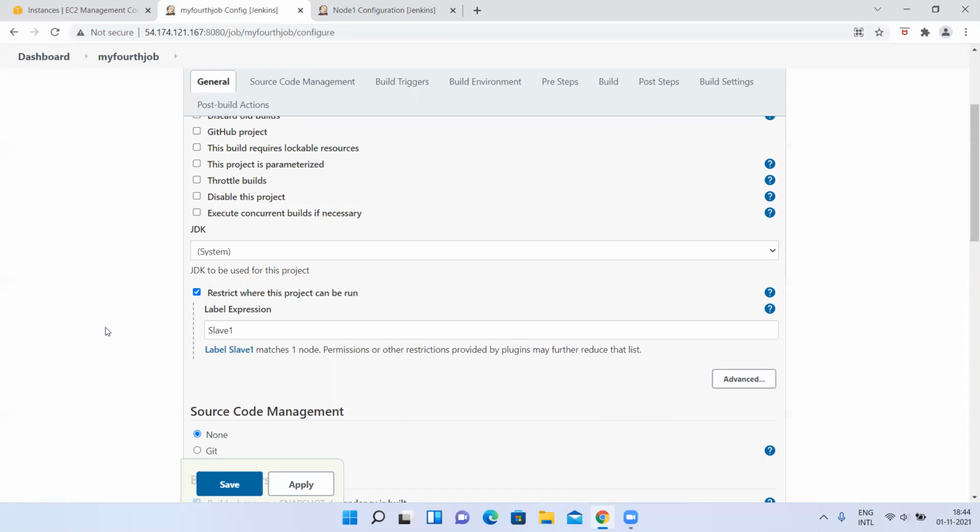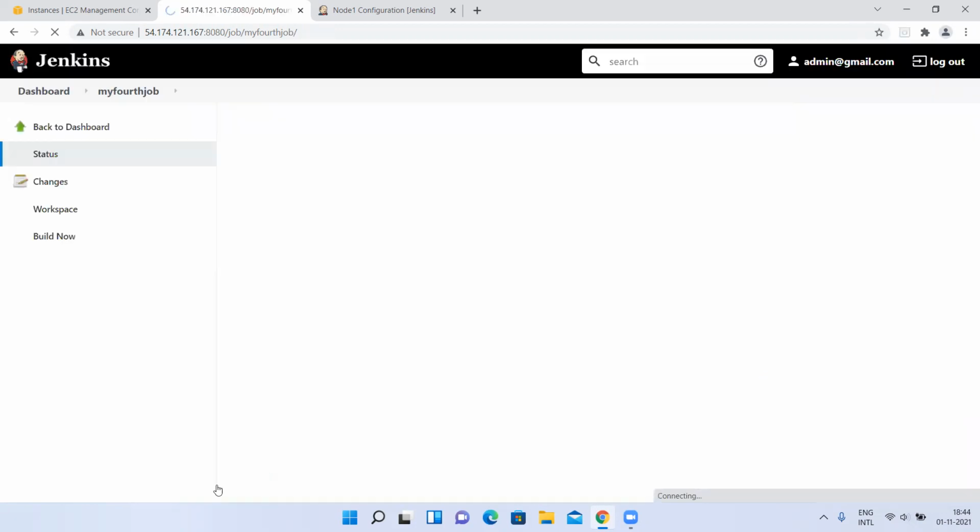At the same time, will node 1 execute only this job, or will it allow other jobs also? It will allow others, because this is a job level restriction. We are saying this job has to be executed only on node 1, so it will execute there. But node 1 can allow some other jobs also which don't have any label. If the master is assigning a job to be executed on node 1, yes, it will get executed on node 1. Okay, good.